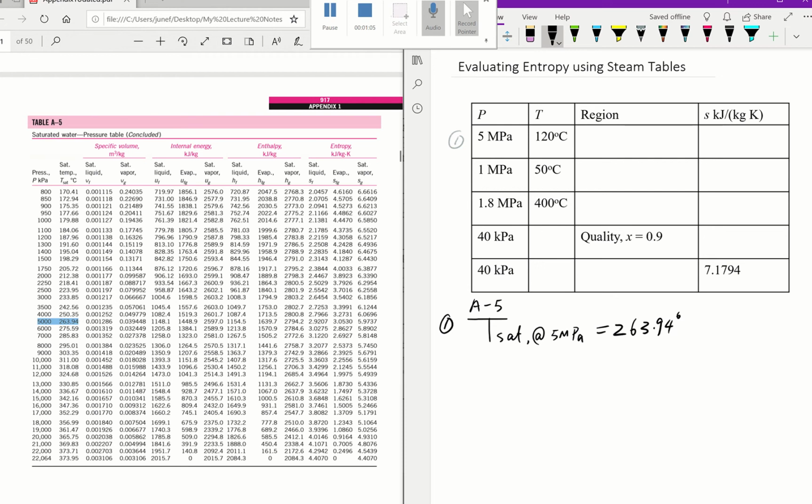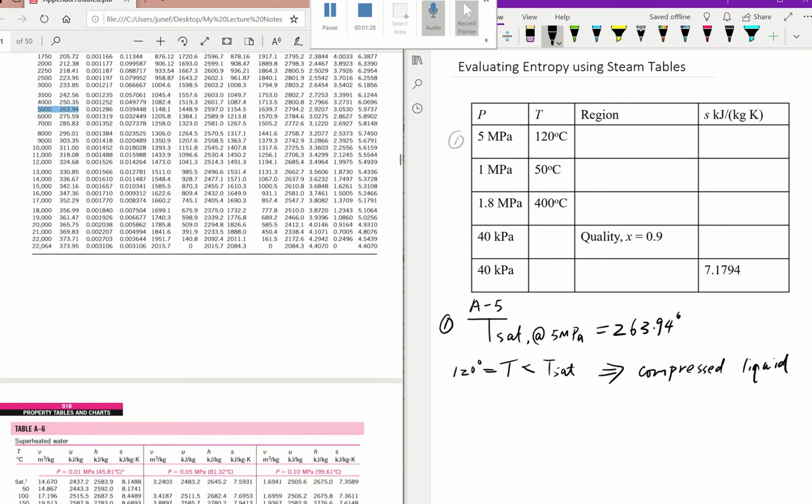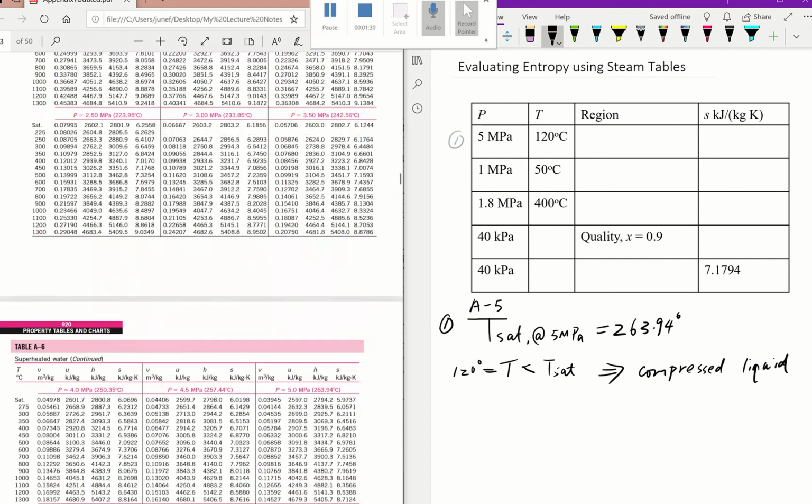The saturated temperature is 263.94, and our given temperature, however, is 120. It's way less than this saturated temperature. Then we know this will be a compressed liquid, right? For compressed liquid, the temperature will be less than saturated temperature. Then, because of that, we're going to go to the right table,